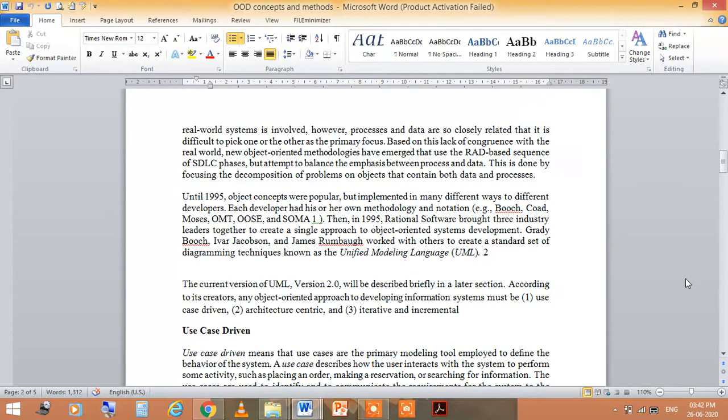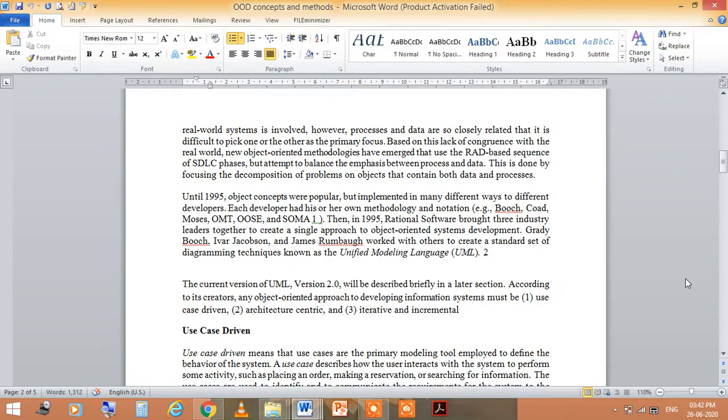Then in 1995, Rational Software brought three industry leaders together to create a single approach called object-oriented system development. Grady Booch, Ivar Jacobson and James Rumbaugh worked with others to create a standard set of diagramming techniques, which is known as Unified Modeling Language, that is UML.